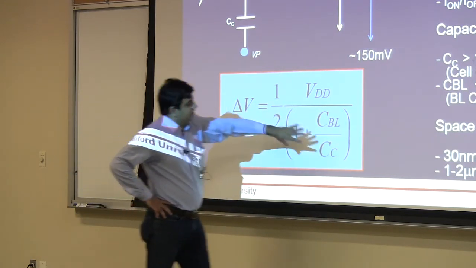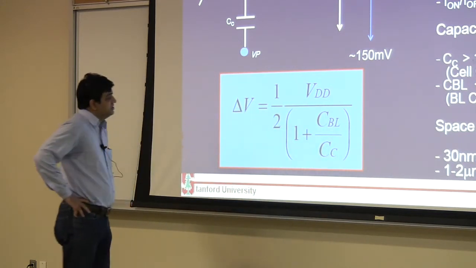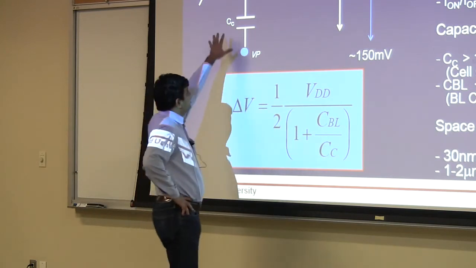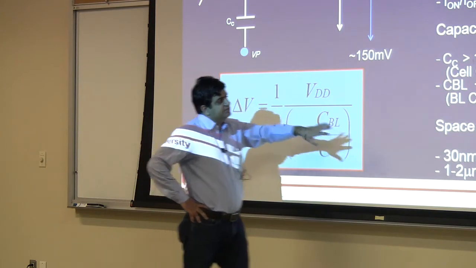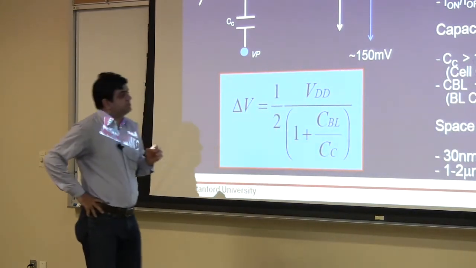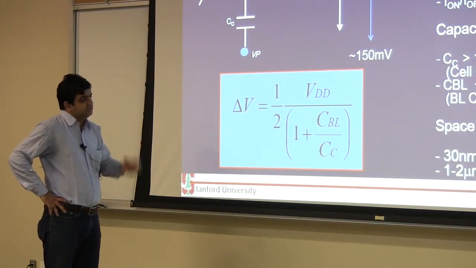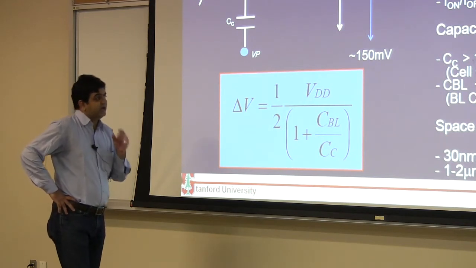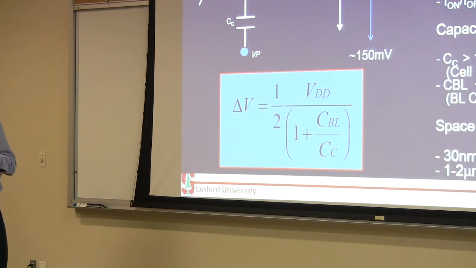So this thing is going up, so this thing has to also go up, to match it up. So the capacitance that you need on that tall capacitor is at least 15 femtofarad. And that might sound like a very small number, but you have to achieve that in a diameter of 30 nanometer. So one way to do that is, it's a capacitor, so you can increase its K